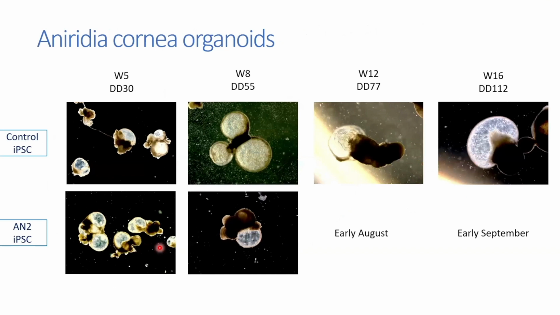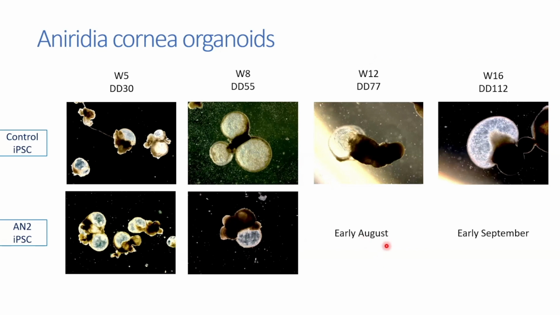And the goal now is, of course, to generate the cornea organoids from the Aniridia cell lines. And these are also on the way. And so far, they're behaving quite well. We get a lot of nice bubbles. I have been taking time points to look into more detail, to look at the structure of the cells. I need to check expression of PAX6, of course, other genes that we know are affected in the human cornea, but this is all still ongoing. I don't have the results so far. But as you can tell here, they are growing very well. Now we're at the 2-month stage. No, actually nearly the 3-month stage.